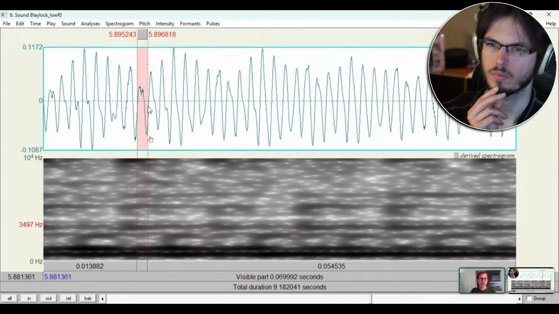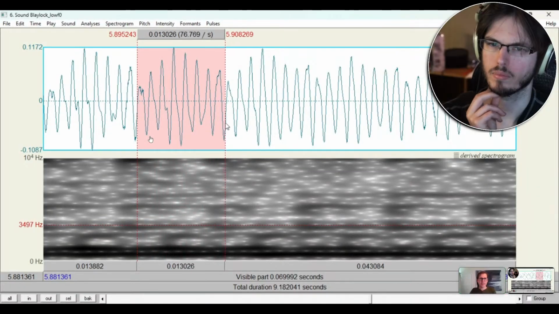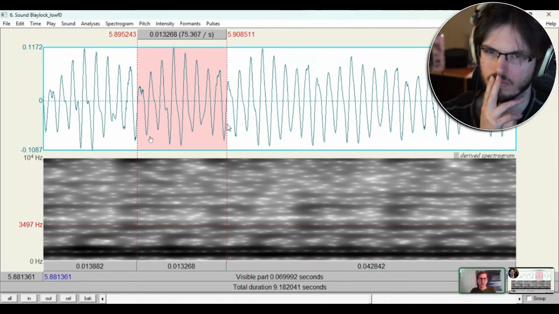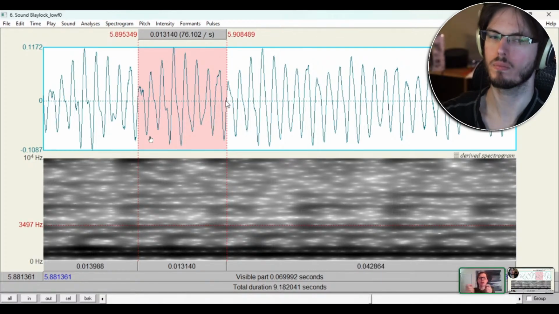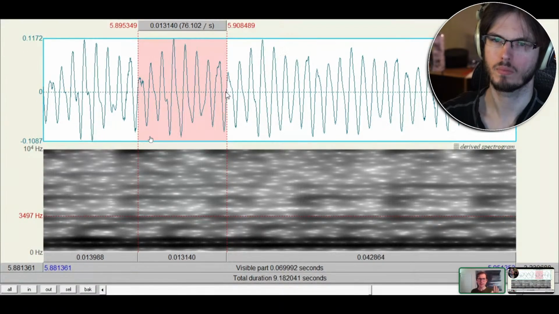8: 1, 2, 3, 4, 5, 6, 7, 8. And when I say carefully, I mean I want to get right from where this waveform crosses the zero axis here, all the way to where it crosses the zero axis at the beginning of the next cycle. So I'm going to use a little computer shortcut to perfectly align those. So this is a very precise measurement now.